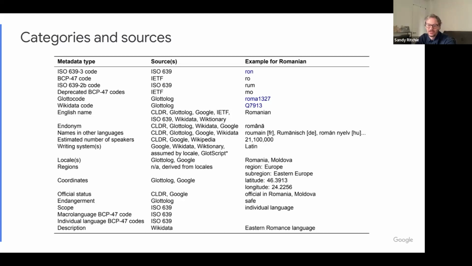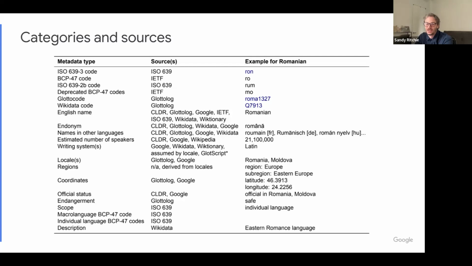Then, moving on to names. You can see here we've got the English name, in the sense of the one which is generally agreed upon to be the canonical name for the language. But like I said, there's a lot more to say about that, and I'll come back to the language names in a minute. And then we have the endonym. This was a very special case where it's quite a difficult thing to find. The endonym is the name for the language in the language, so the language's own name for itself. And this is not really widely available in any existing repositories.